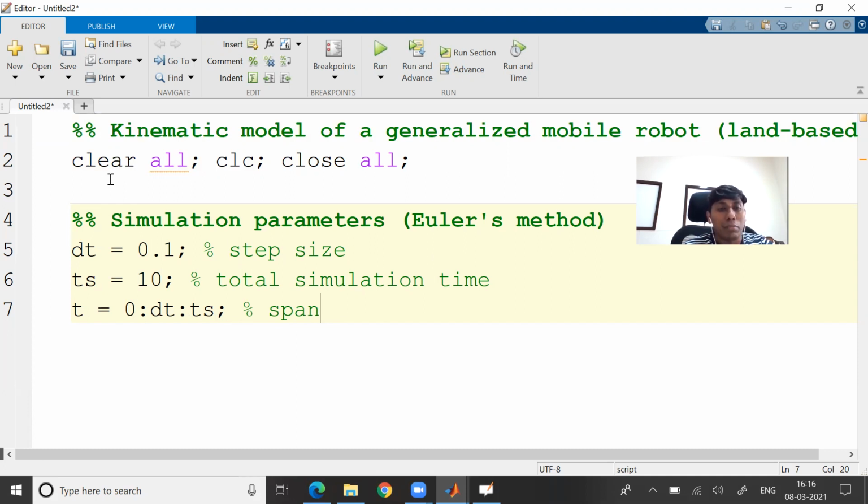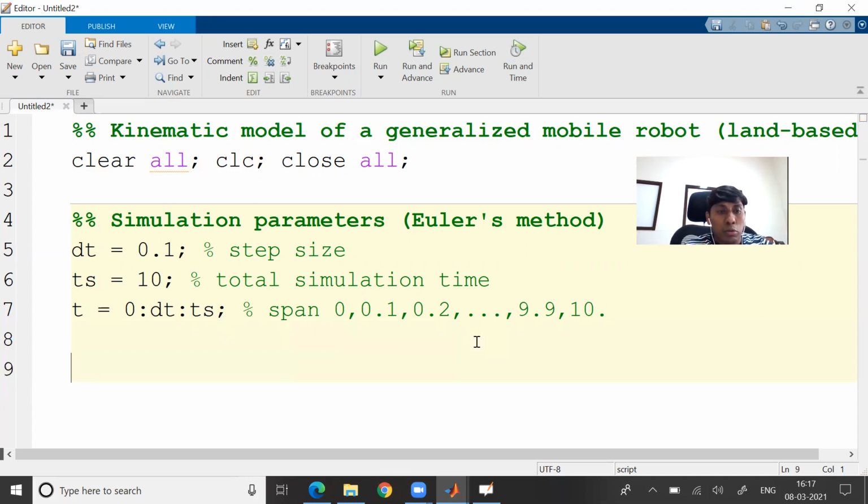varying with 0.1 as the step size. In the sense of how it varies: 0, 0.1, 0.2, like that. So that is what we are referring to here. In the sense it would have 101 times, because 1 second would have 10 divisions and it starts from 0. So totally it would have 101 variables. This is the overall picture.